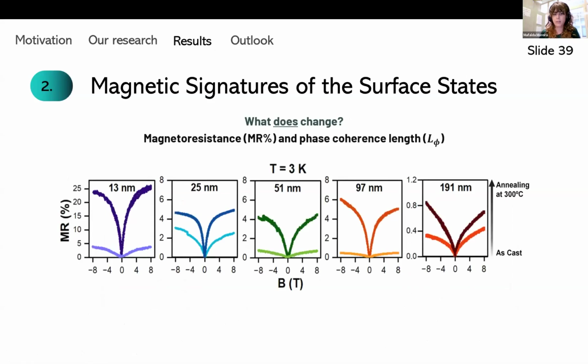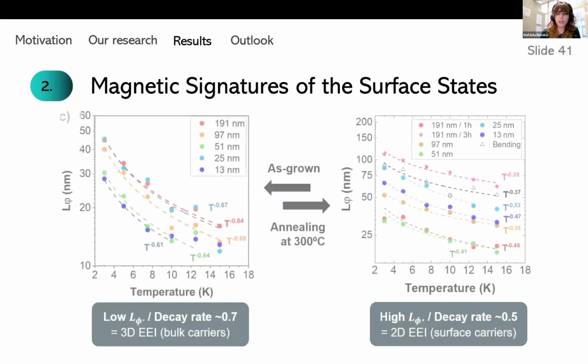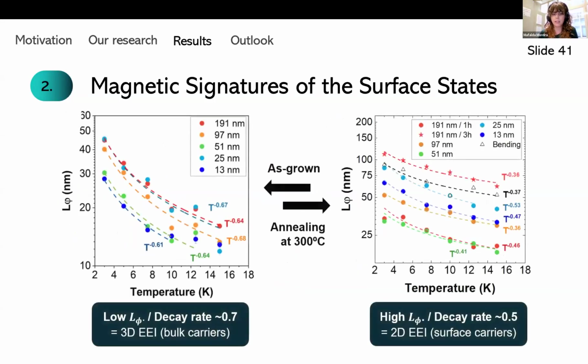What does change? There are two main things that change in the weak anti-localization effect. The first one is that we see that the magnetoresistance becomes stronger. So the signal that is emerging from these surface states is also becoming stronger post-annealing. And then by tracking the phase coherence length, what we see is that before annealing for the as-grown films,